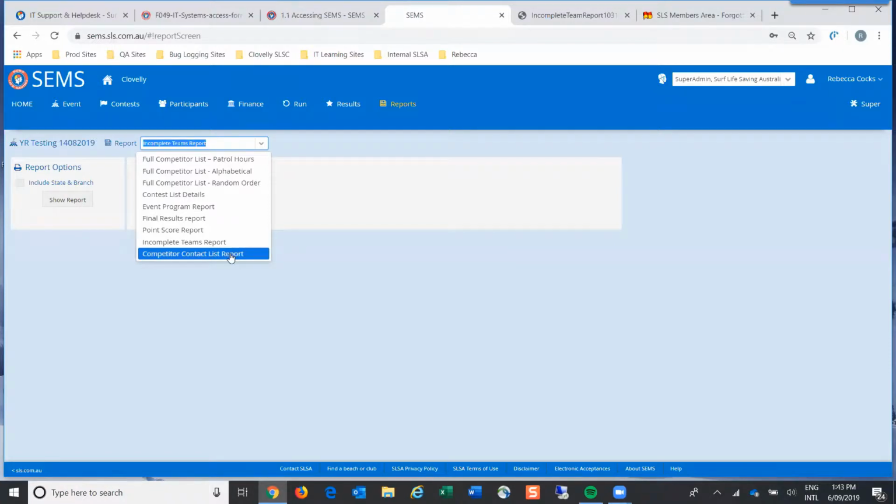And so this will provide for team managers a list of all the competitors who are actually going to that event with their email address and mobile, etc. And even event organisers can use that to contact people after the event to send out a survey on their feedback about the event. So that's pretty much the overview for the SEMS entries of solo and team participants in different events.